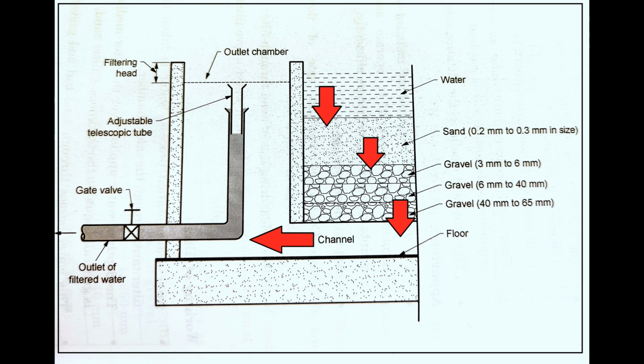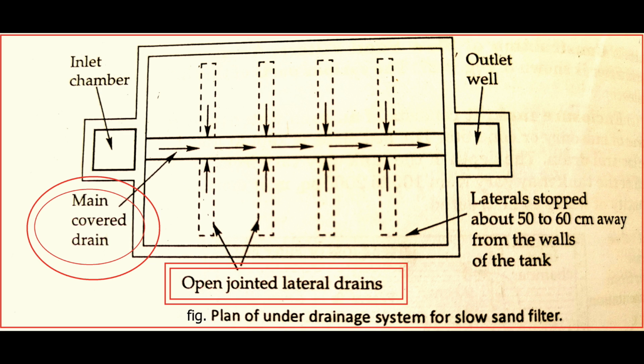The water percolates through the filter media and gets purified during the process of filtration. The water then enters the gravel layers and comes out as the filtered water. It gets collected in the laterals through the open joints which discharge into the main drain. The main drain finally discharges into the filtered water well, from where the filtered water is taken to the storage